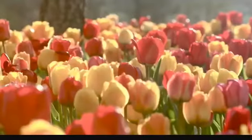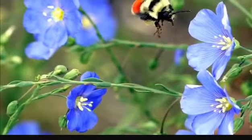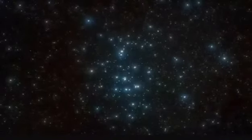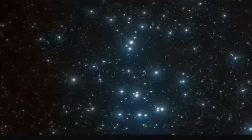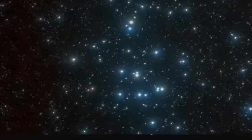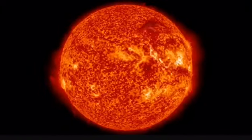The arrival of spring in the northern hemisphere brings fresh flowers and the buzzing of bees, which makes March a great time to try to spot the Beehive Cluster. This grouping of young stars sits about 600 light-years away and consists of several hundred stars that are only a few 100 million years old. That's compared to our sun's 4.5 billion years. Although the Beehive can be seen as a small fuzzy patch with unaided eyes under dark skies, it's best viewed